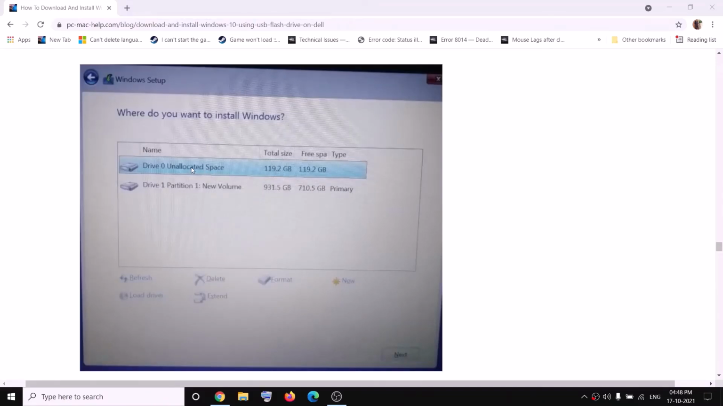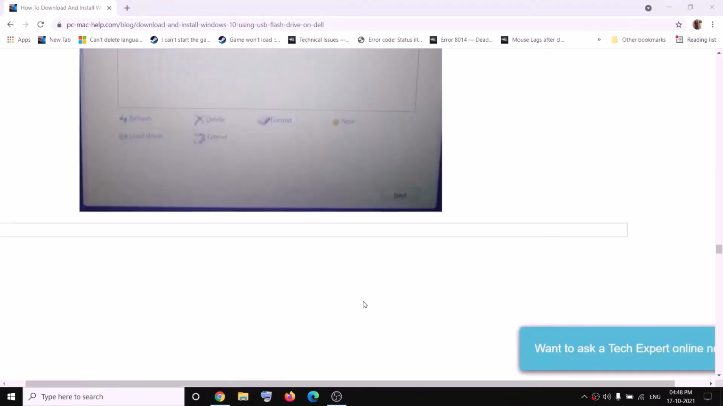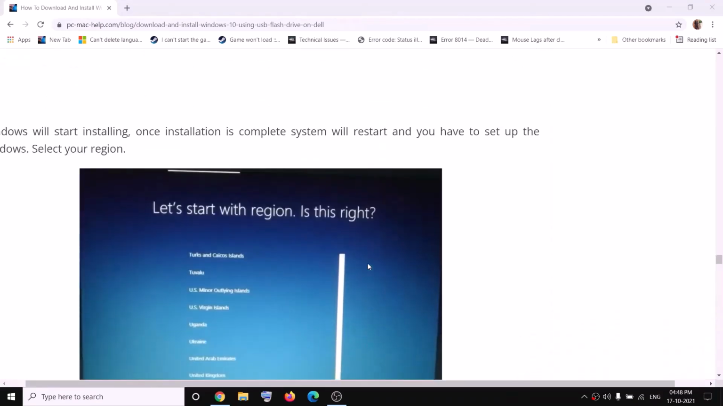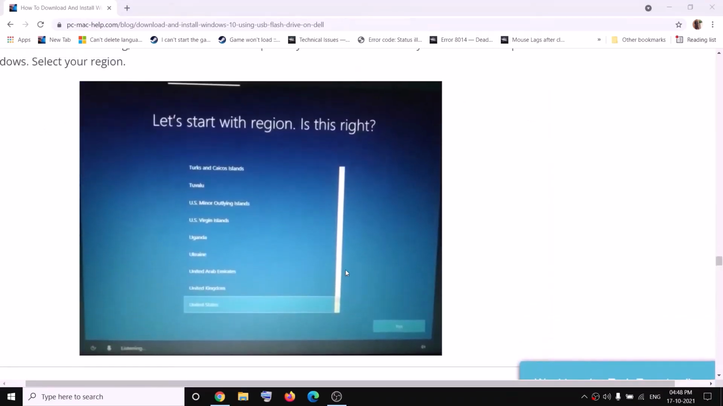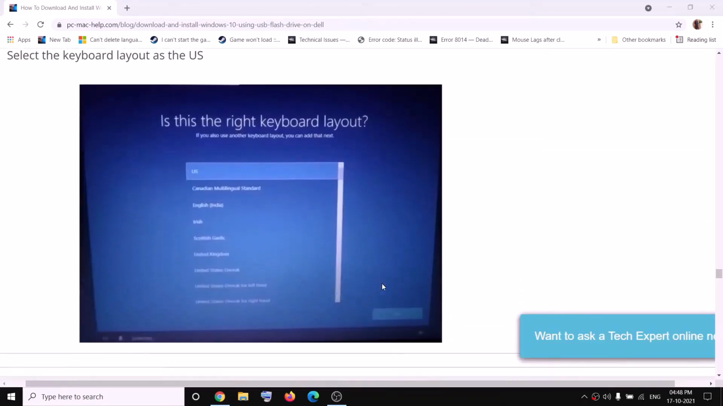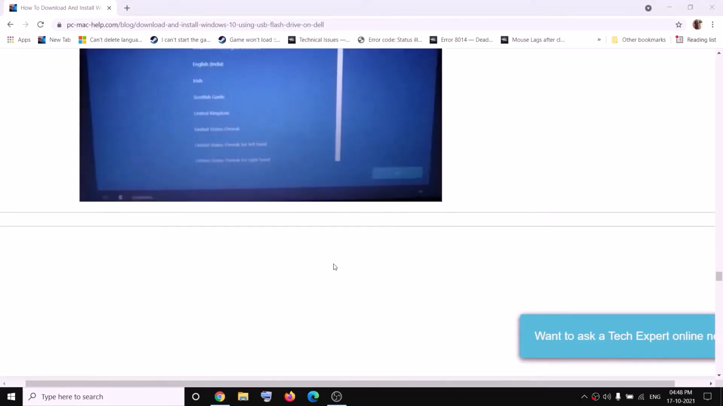So go ahead and select the unallocated drive, and then click on next, and then it will go ahead and start the installation process. So after the installation, you will see this. Go ahead and select your region. So you can go ahead and select United States, then click on yes, and you have to simply select the keyboard layout as US, and then